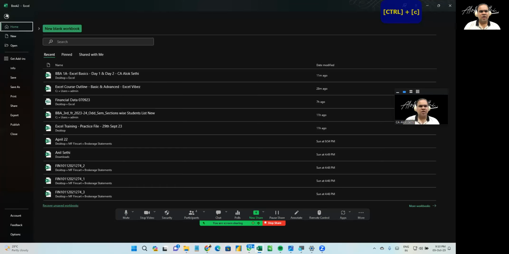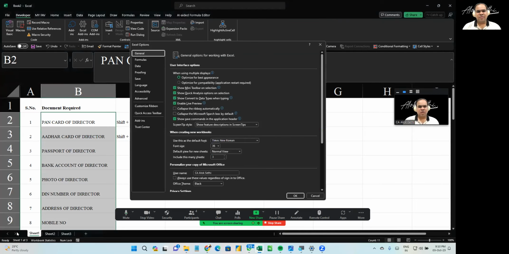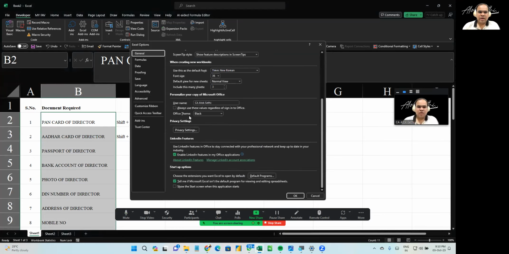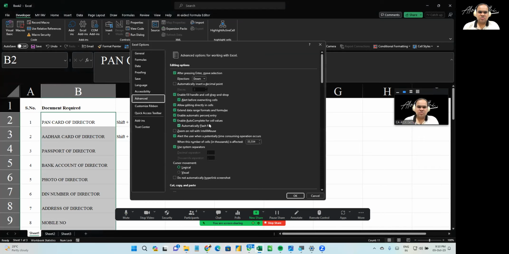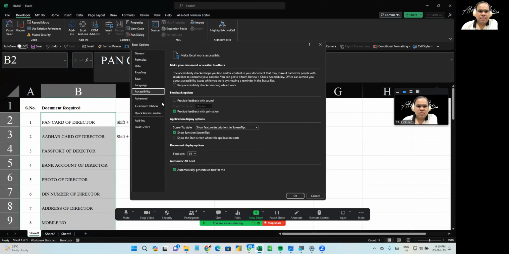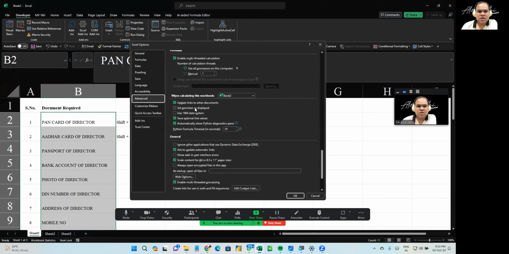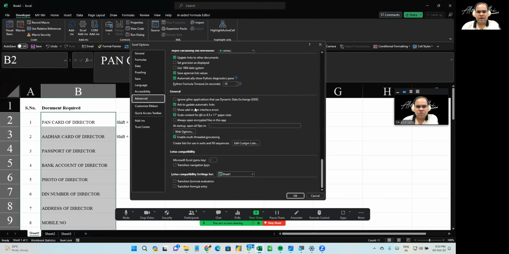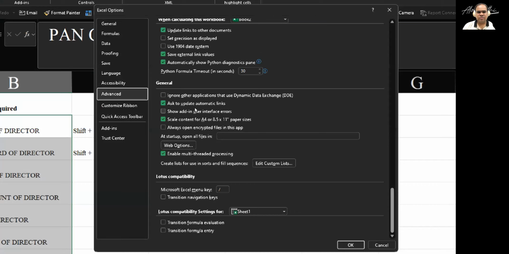the File menu. In the File menu, you'll go to Options. In the Options, what you do is you go to Advanced. Okay, go to Advanced. So File menu and Options, and in Options you go to Advanced, and in the Advanced when you scroll down